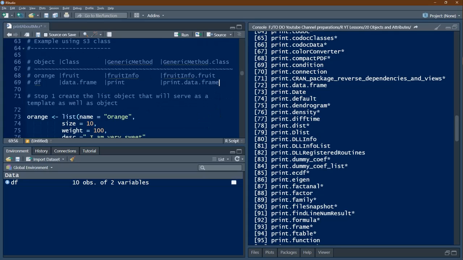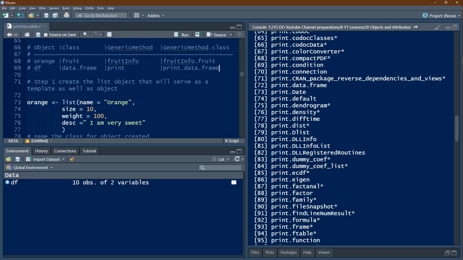We will start with the first step, create the list object that will serve as a template as well as object. So we will now create a list wherein we will give name is orange, size is 10, weight is 100, description is I am very sweet. This is the list, and this list will be stored in orange.